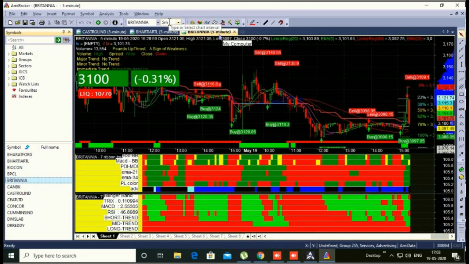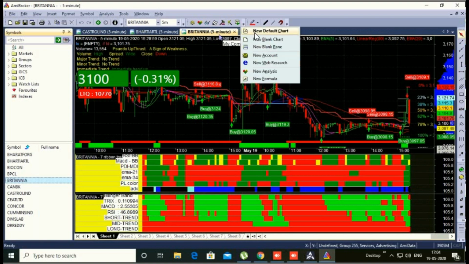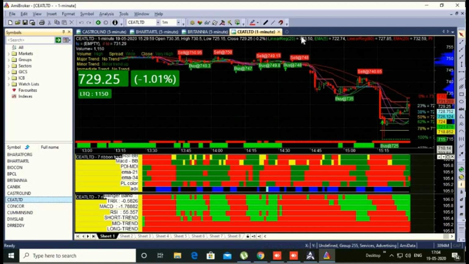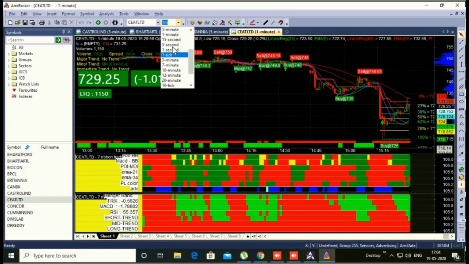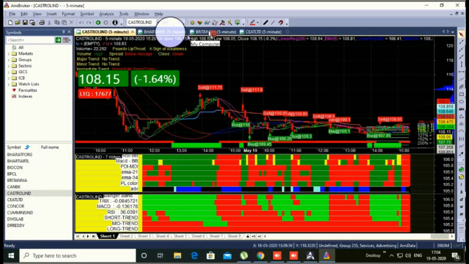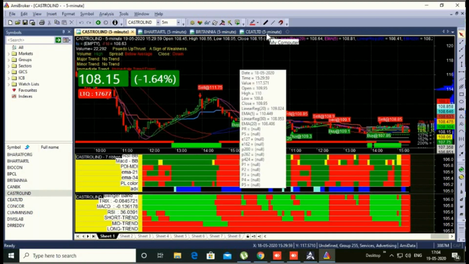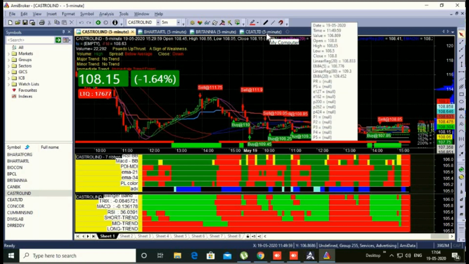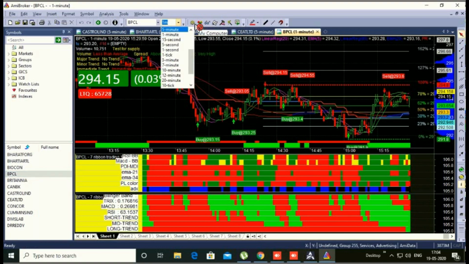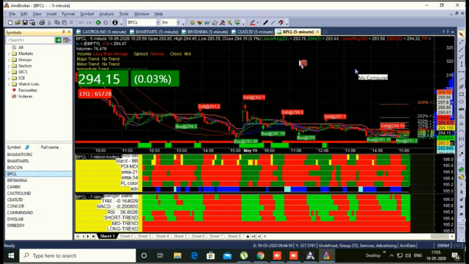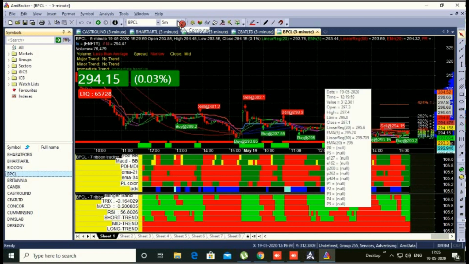Okay, and then make it 5 minutes. Again plus, new default chart from here, and select any left hand side stock. Right now you can see I plotted 5 charts here, sorry 4 charts here: Castrol India, Bharti Airtel, Britannia and CEAT. Okay, if you want to plot it, you will just click on the plus button. Now you can do it by yourself. Once I make it 5 minutes or 15 minutes, both of them you can use, 15 minutes as well. 15 minutes will give you more accuracy.